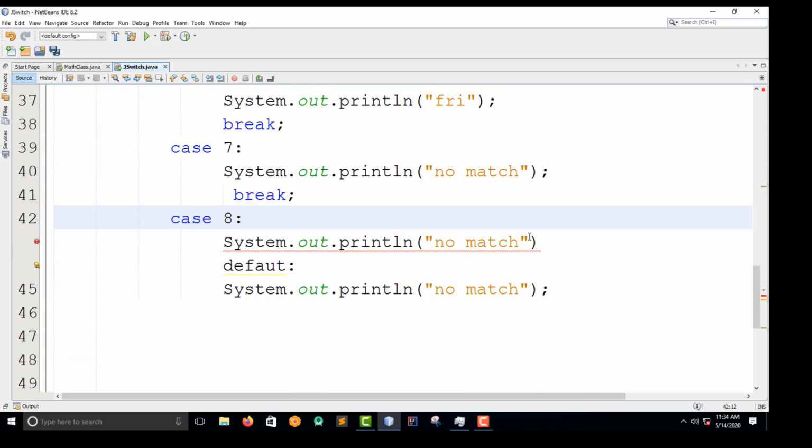So let me close this. Then we have a default key, and then I want to print this out. Why is it not displaying blue? It is a spelling mistake.